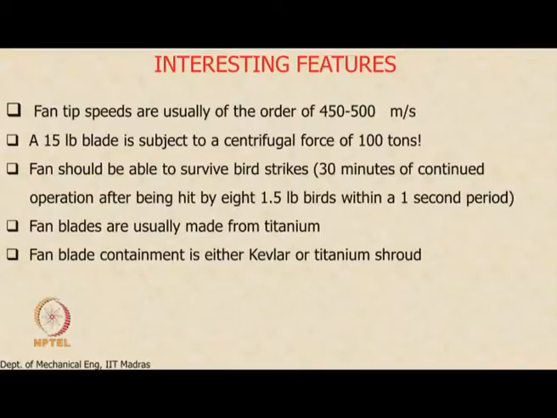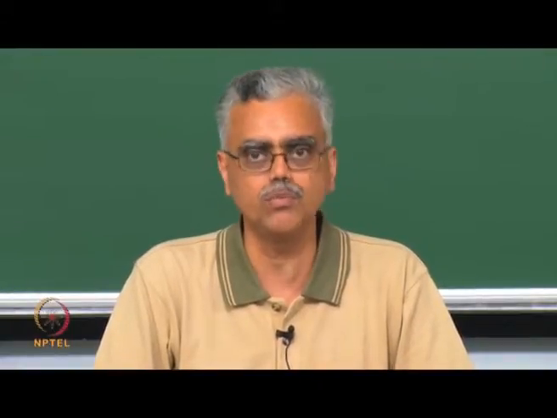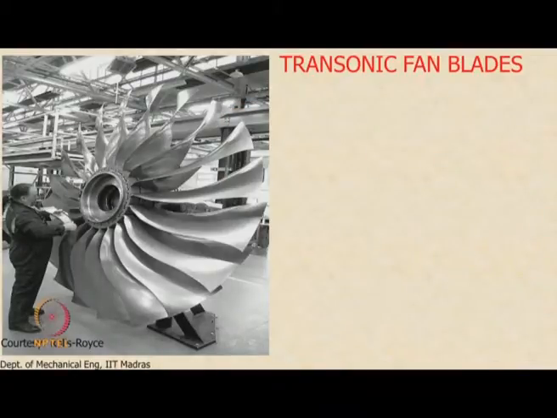Some of the requirements of the blade, as you can see from here, are very challenging. The tip speeds are typically of the order of about 450 to 500 meters per second, and so the relative Mach number approaching the fan blade will be in the range of 1.6 to 1.7. What is probably the most challenging aspect from a structural perspective is the fan blade itself, which incidentally looks like this. Each turbofan engine will probably have about 20 to 25 such blades. You can see how thin they are, and you can also get an idea about the size of the fan blade, how big they are, and also how incredibly thin they are. They appear to be made of paper, right?